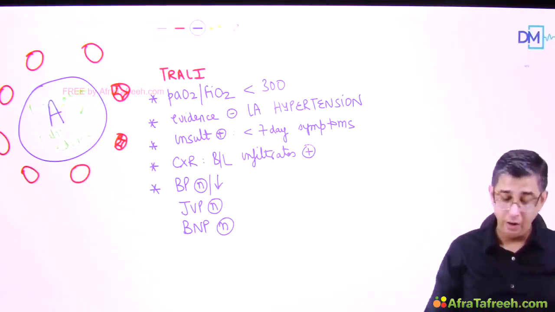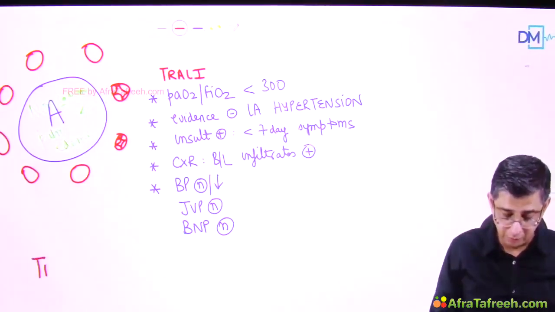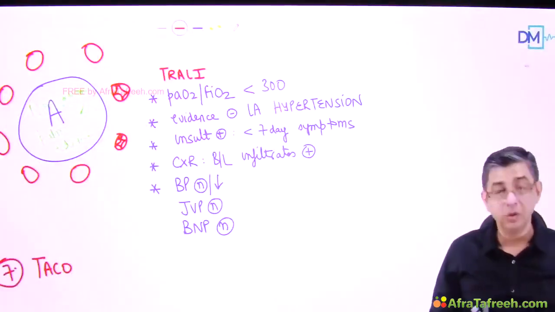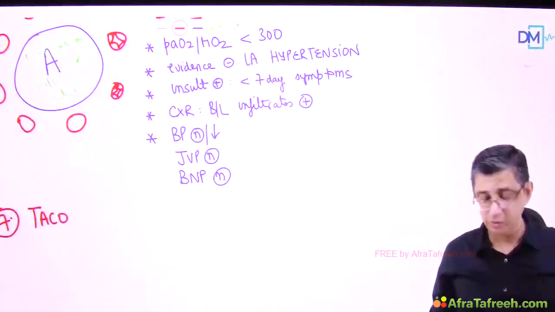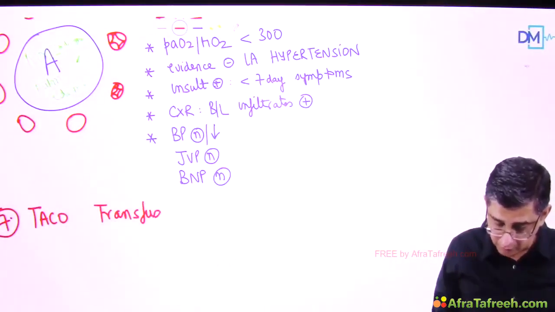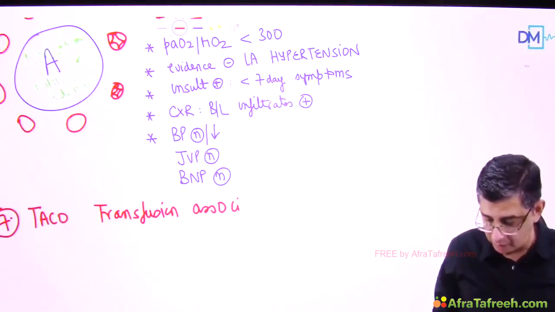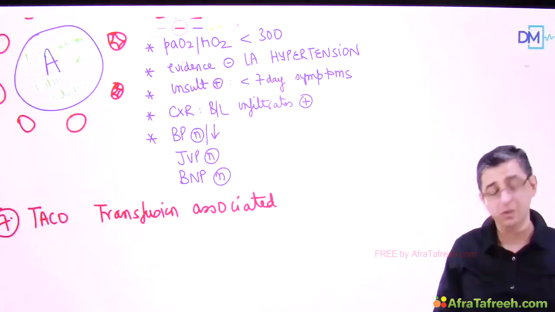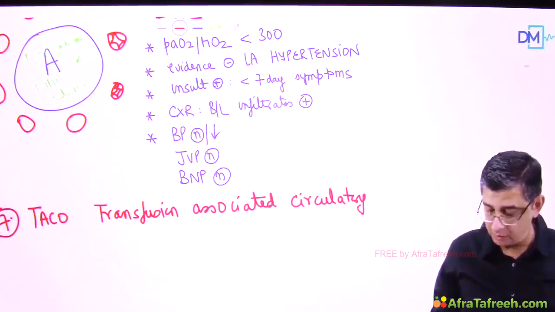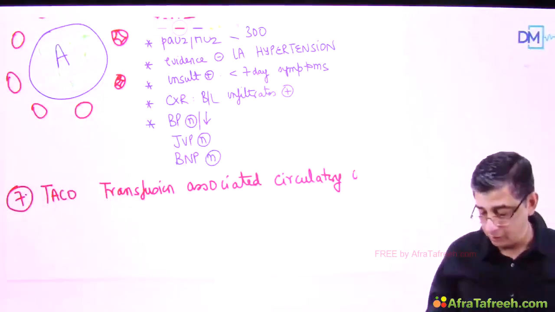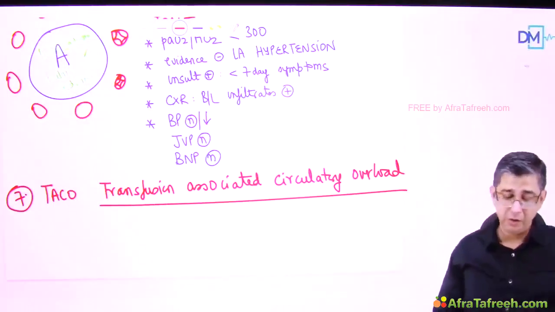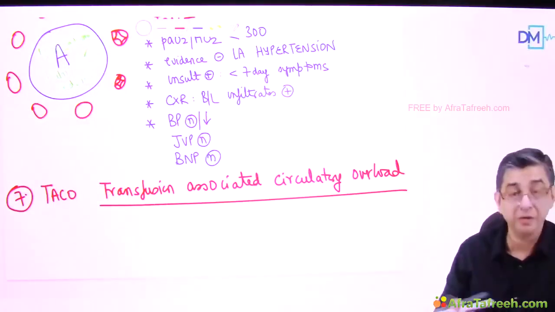Then it is rather a counterpart aspect that you need to remember, which would be the next complication that I'll mention before you. That is the seventh complication, that would be called TACO. TACO stands for transfusion associated circulatory overload. Transfusion associated circulatory overload will have increase of blood pressure. Volume overloading will cause increase of blood pressure, increase of JVP, and increase of BNP in a patient. So if you look at the vitals, if you look at the BNP levels, you can definitely make a difference in the question. Just to explain transfusion associated circulatory overload, I can rattle off a question here before you